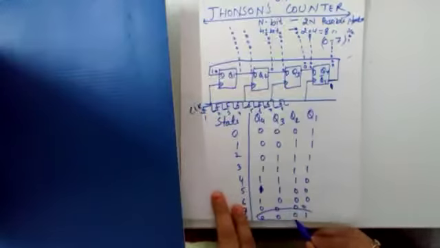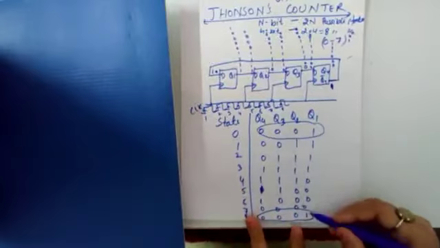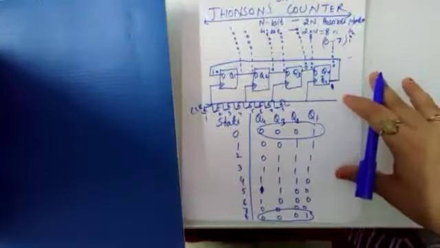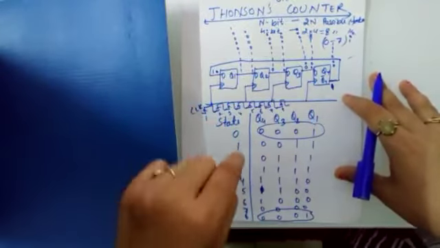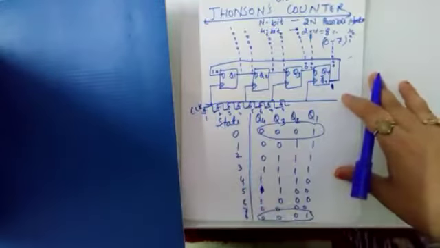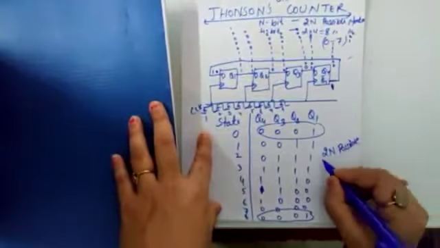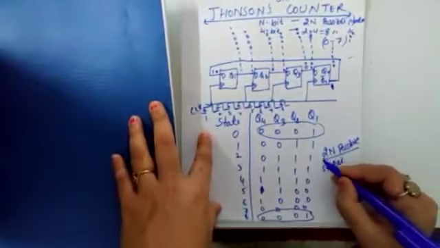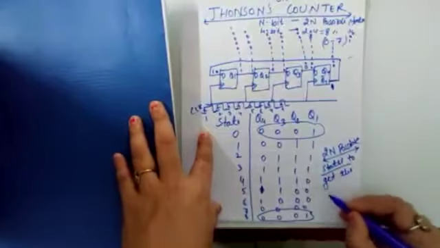Here it gets the same state, the initial state, back. And here the counter will stop counting because it gets the initial state back. So what we have seen is that it takes a total of 8 clock pulses, counting from 0 to 7, and then it comes back to the initial state. So it will stop once it gets the original initial state back. It will pass through 2n possible states to get the initial state back.